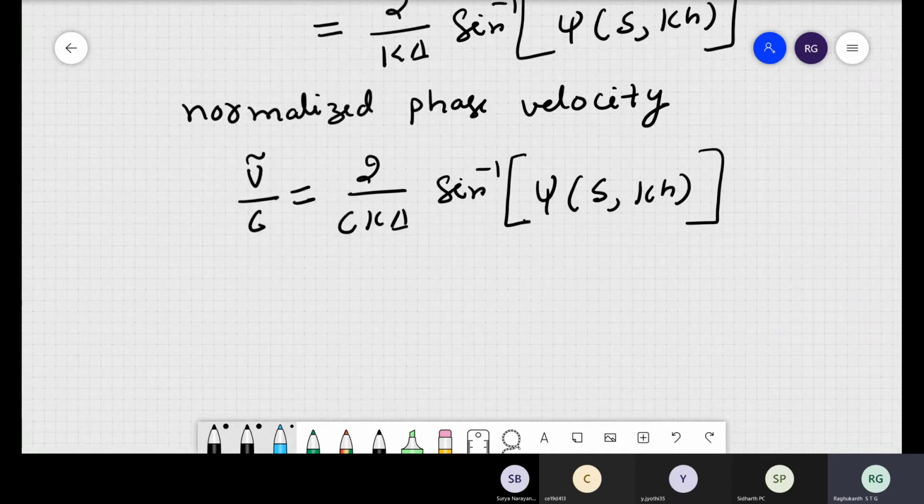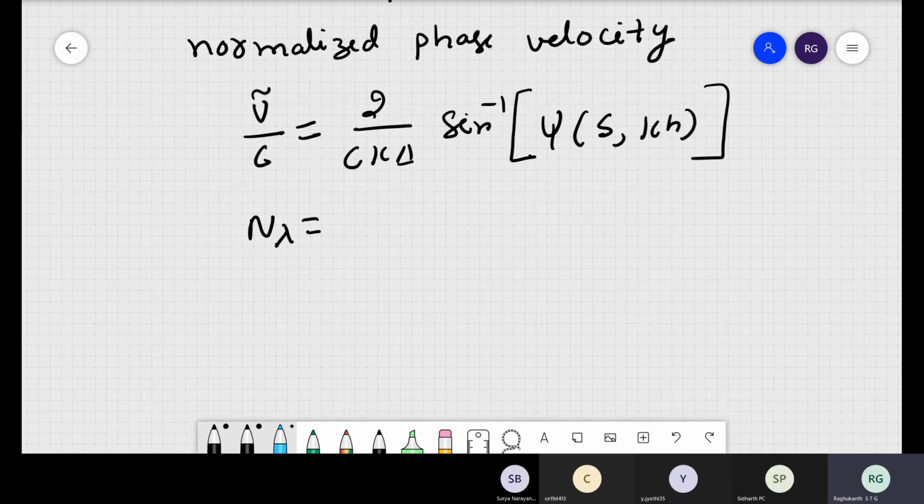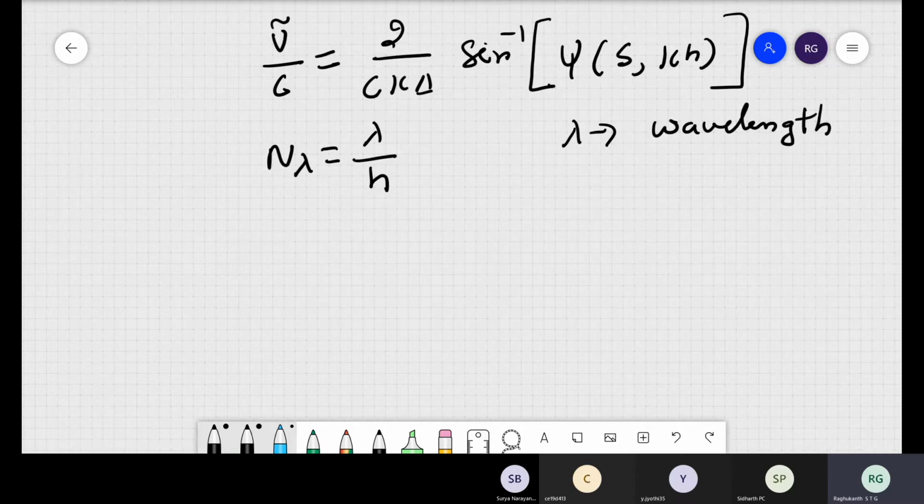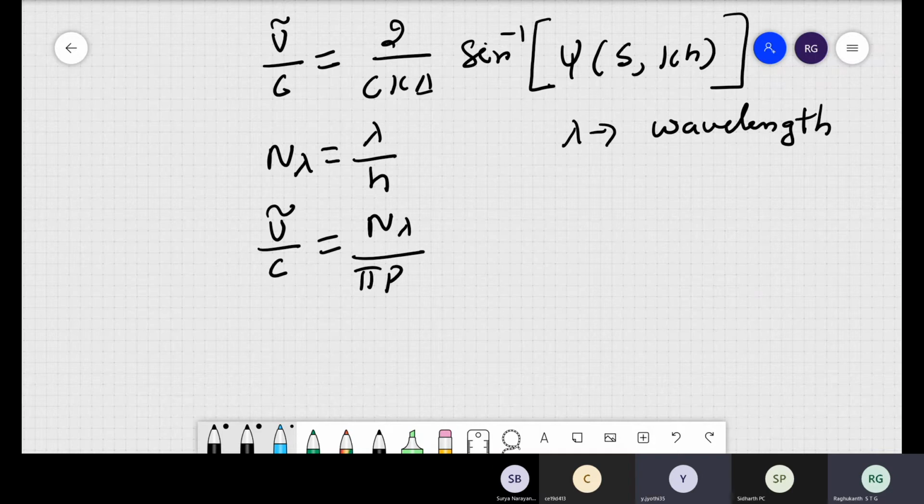Now here also you can calculate, like previously we have stated, one algorithm to find out a delta t, and then I asked you to write a small MATLAB program. You can try and get these numbers also. For example, if you take n lambda, the number of samples, lambda by h, that is a wavelength, where lambda is not an eigenvalue but the wavelength. So how many points you are taking, and other things we have seen. Previously we have done all the derivations, so this becomes n lambda by pi.